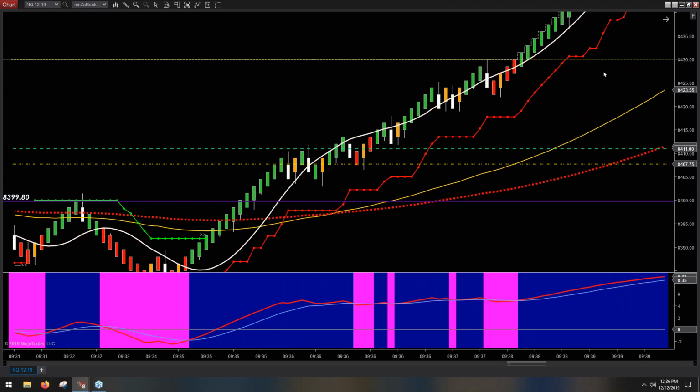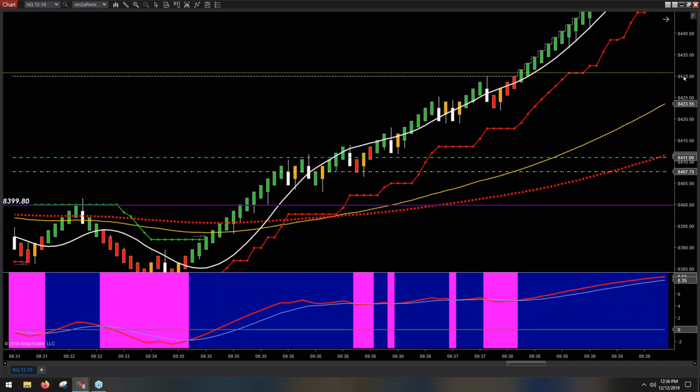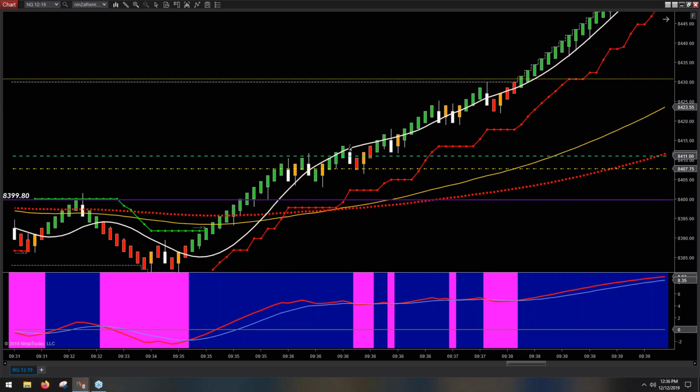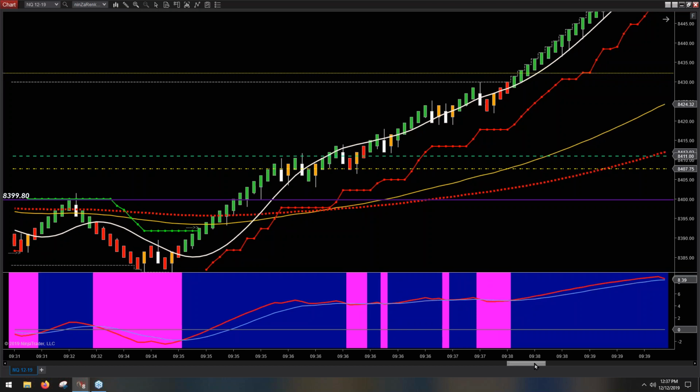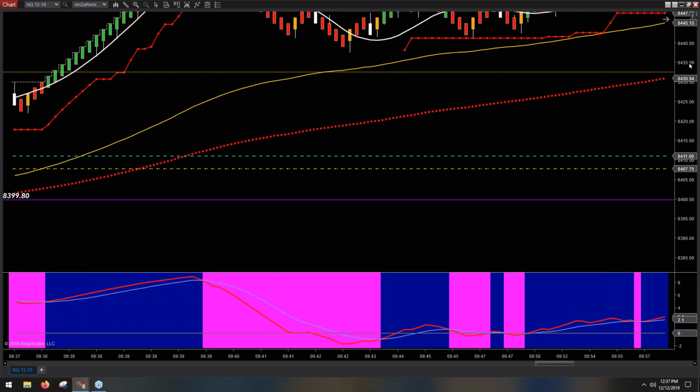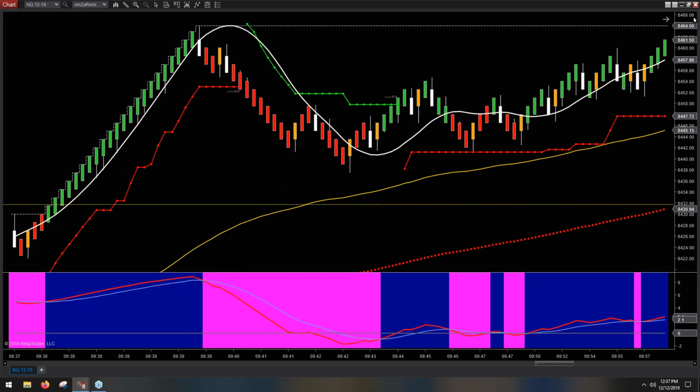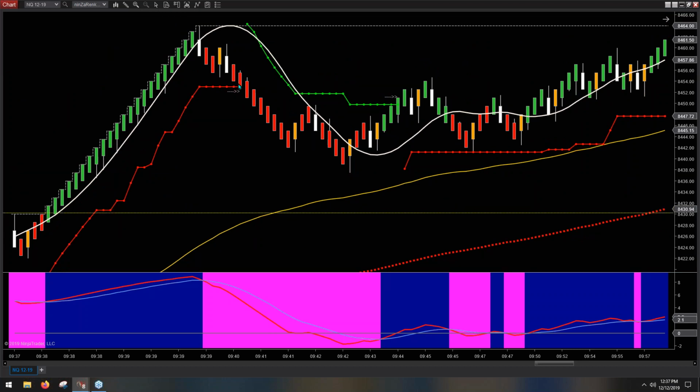And so this was the crazy move higher on a tweet, I believe. So nothing we can really do here because it was just way too fast to do anything. So then we just kind of wait until the market mellows out a little bit, and then you just kind of look to see where the reaction areas are. So this was a valid short here. And again, I don't think that you could have gotten in fast enough,